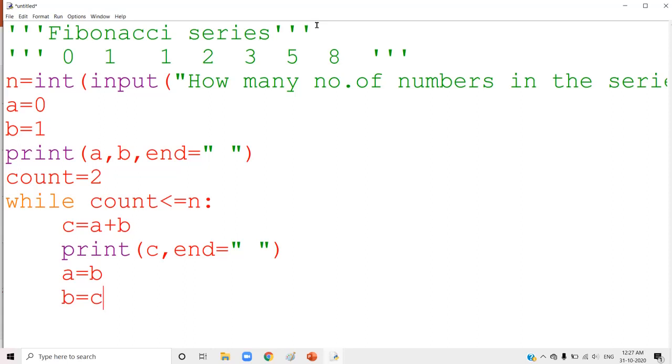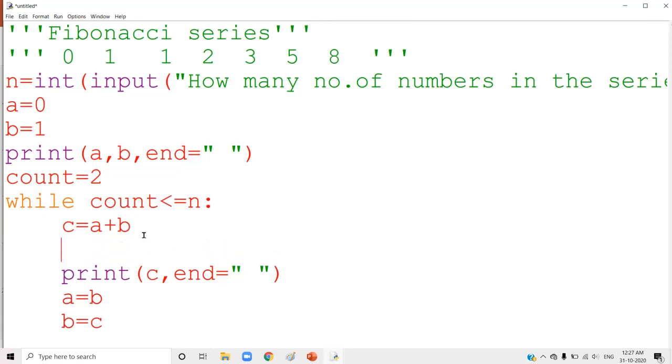See, one more thing you want to do. So now you got one more number in the series, C equal to A plus B. That will be the next number in the series. There you have to update the count variable, count plus 1. That can be done at the bottom also. Count equal to count plus 1. So one number you got, you updated the count. After that you are displaying, you are exchanging the value. The same procedure will be repeated n times.